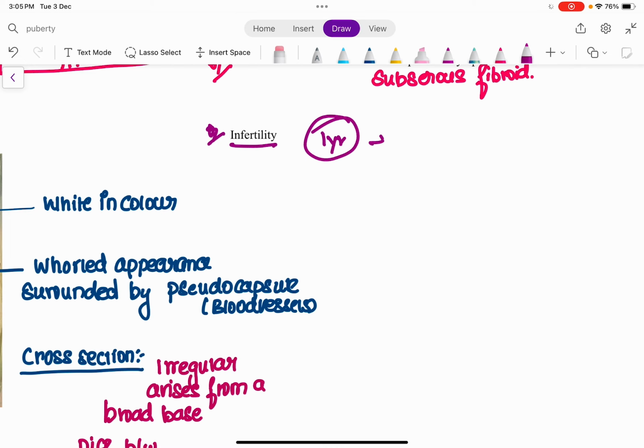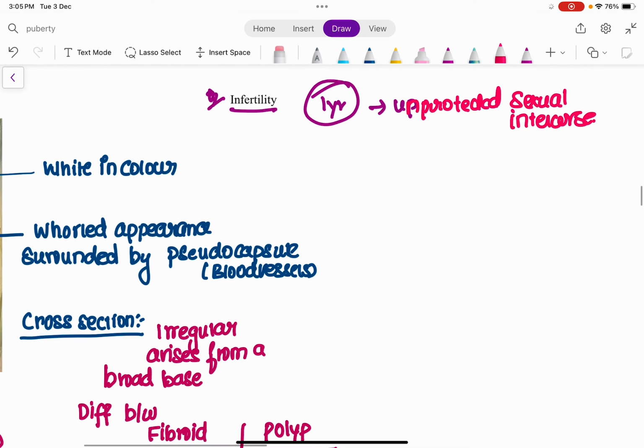So after 1 year of marriage, for a 1 year period of time, the patient should have unprotected sexual intercourse with her partner. So only after 1 year of having unprotected sexual intercourse, if the patient is not having any conception, you can term the couple as being infertile. Not in 6 months, not in 3 months. Only after 1 year of having unprotected sexual intercourse, you can define a couple to be a case of infertility. Clear? Yes. So infertility is also a symptom of fibroid, because solitarily, fibroid as a cause for infertility